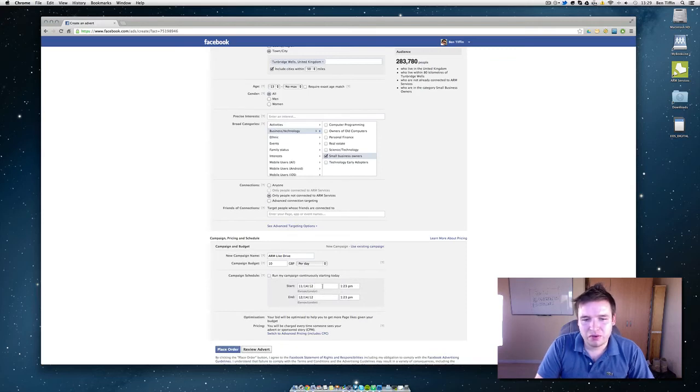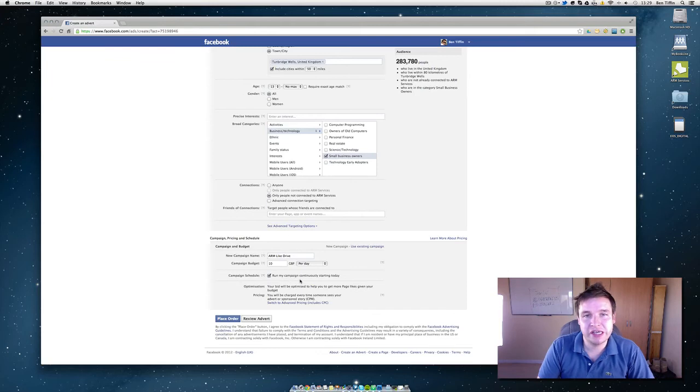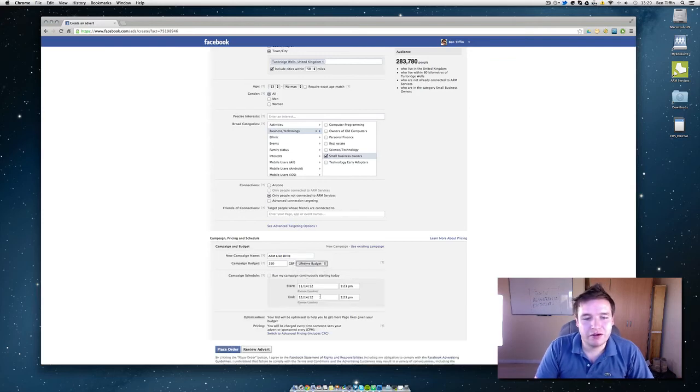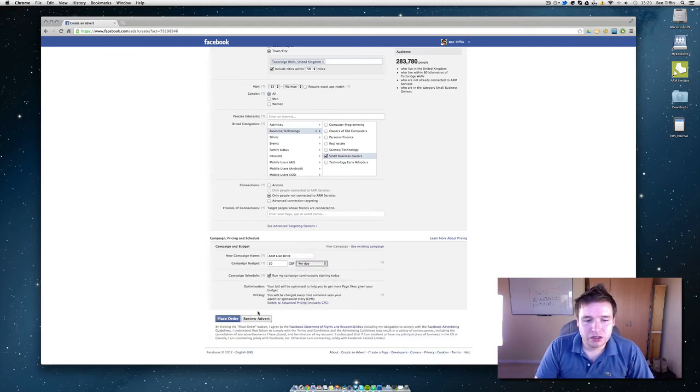You can also change that so that it will run from a start date to an end date. Be aware though that it will commit a certain amount of money per day, so the easiest way to do it is run the campaign continuously, and when you think you've spent enough, just turn it off from there. Again, you can limit your budget per day anyway. You can also give it a lifetime budget, but again that will ask you to put in a date. So the last thing to do is press place order,